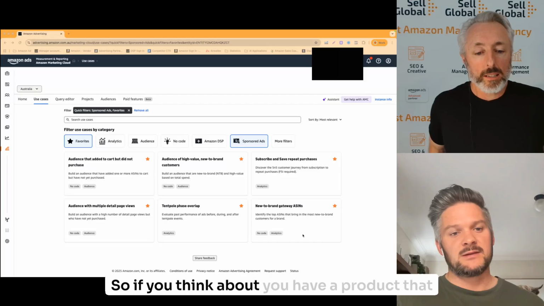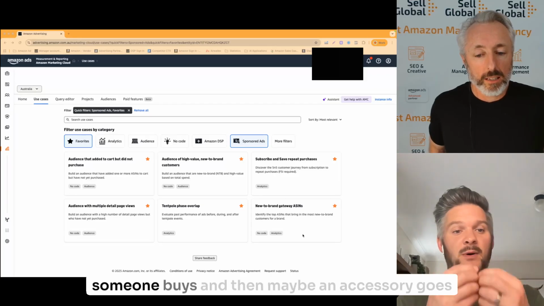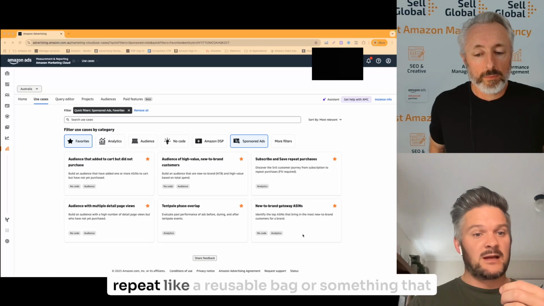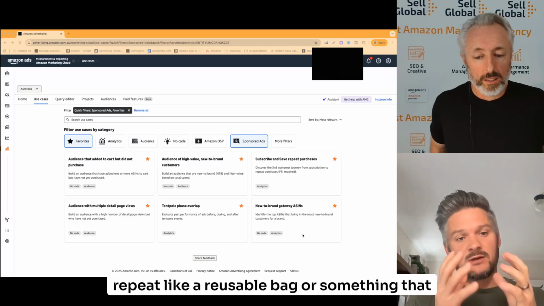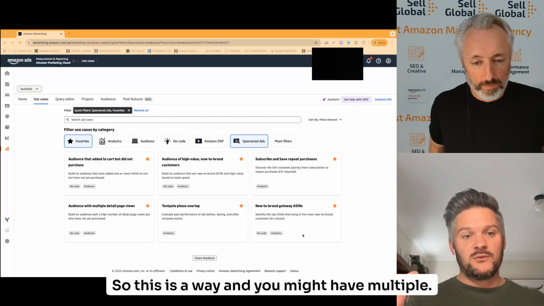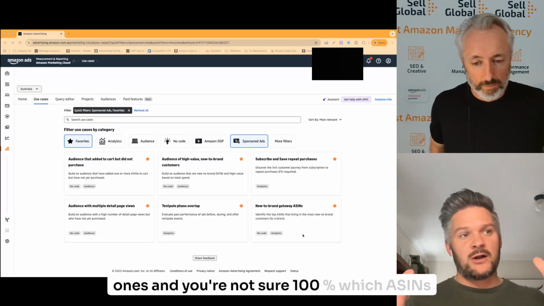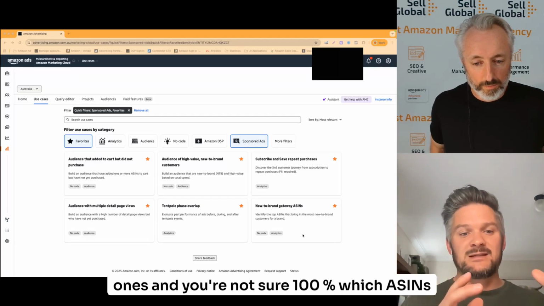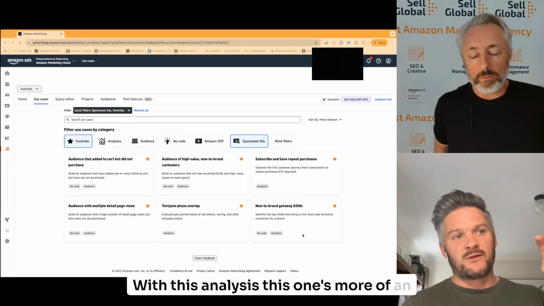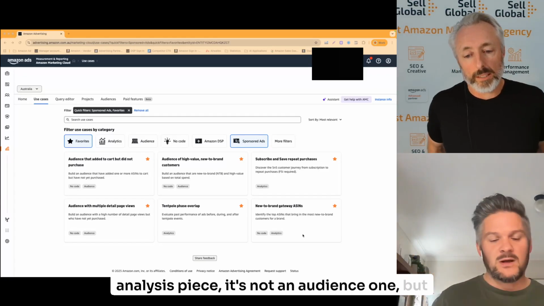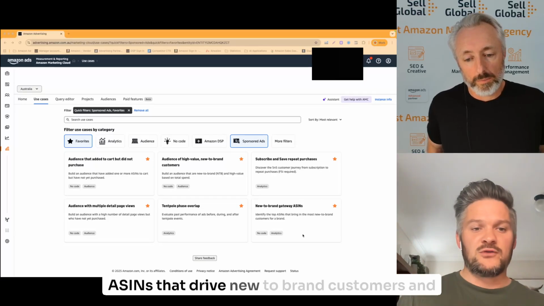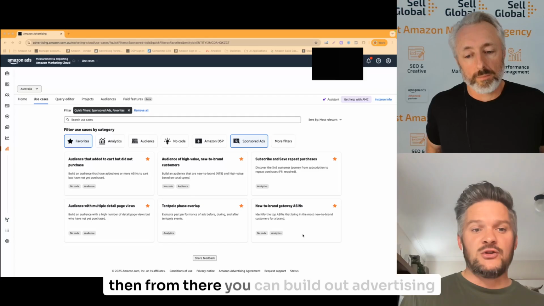So if you think about you have a product that someone buys, and then maybe an accessory goes with that product, and that accessory is a repeat, like a reusable bag or something that goes with the product. So this is a way, and you might have multiple ones, and you're not sure 100% which ASINs are the ones that are bringing in those new to brand customers. With this analysis, and this one's more of an analysis piece, it's not an audience one, but here you can identify what ASINs are those ASINs that drive new to brand customers,